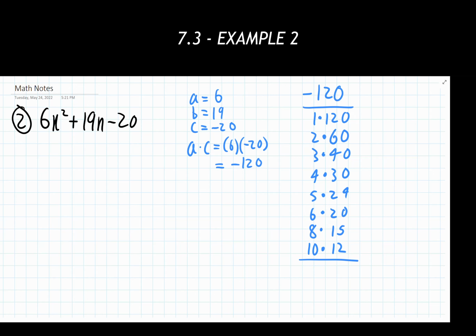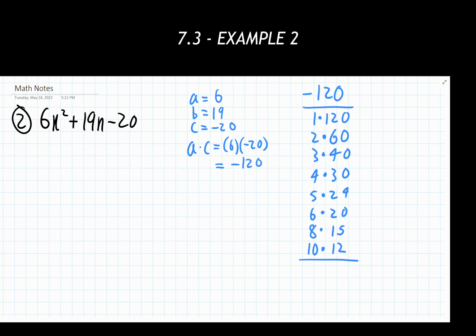Well, if these things need to result in a negative number when they multiply, that tells me the signs need to be different. That's all that I can get out of that. So if our C value is a negative number, then each of these columns that we have here needs to have different signs. One is positive, one is negative. Well, which one's positive, which one's negative, that's going to come down to our B value. It's also dependent on you listing all of your small numbers in the left-hand column and large numbers in the right-hand column. If you follow that pattern, then this is a really nice trick you can use.